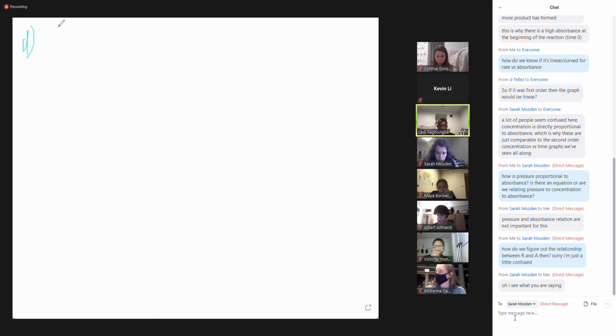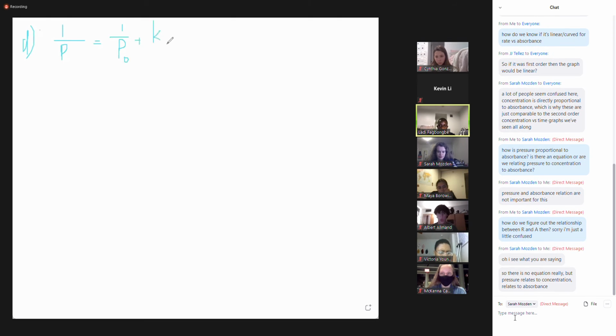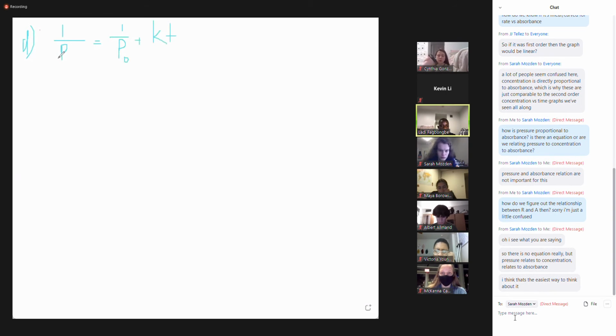So the best thing to use here is going to be our integrated rate law. Okay, so that's going to be 1 over P equals 1 over P initial plus kt. Notice I'm using the second order version because it's a second order reaction. And the thing we want to find right now is our pressure at this point. So what we can do is just say this equals 1 over 0.263